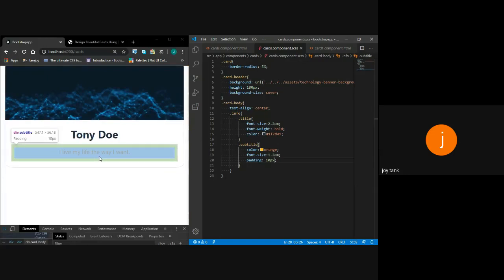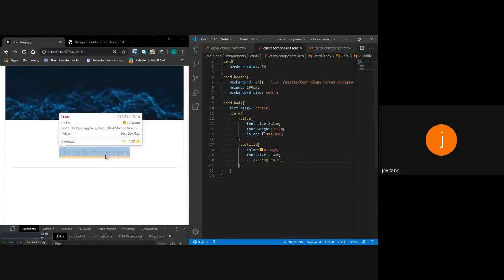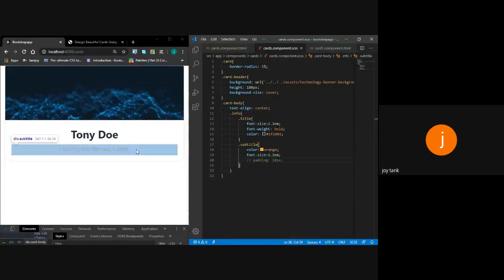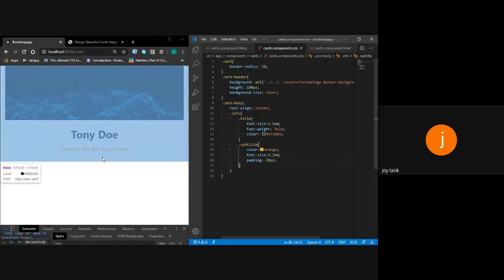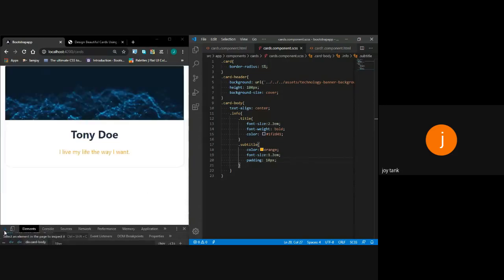You can see that before, if you have not given this padding to these subtitles, it doesn't look as good. If you give some padding, it looks cool. So I've given some padding.